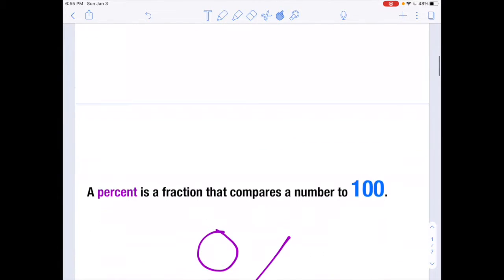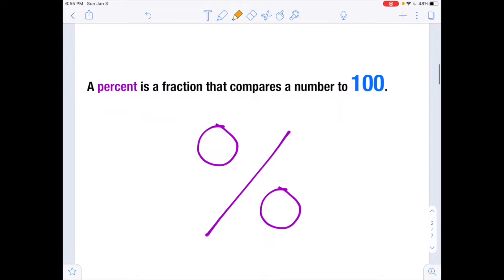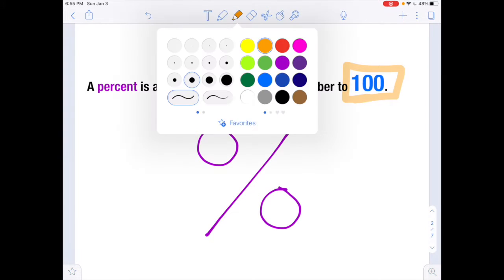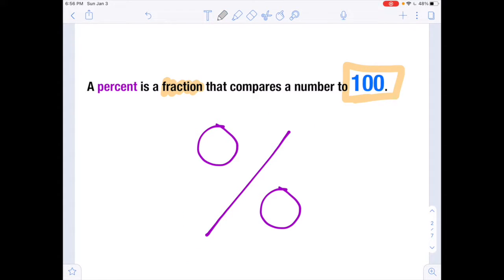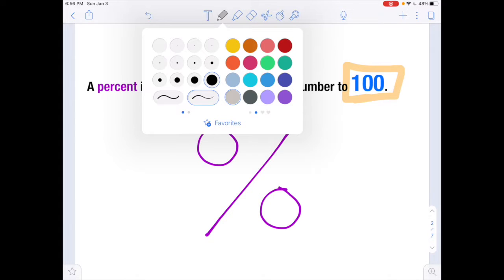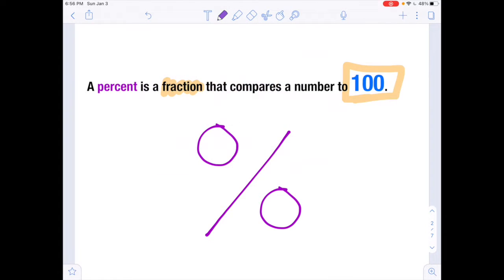All right, so a percent is a fraction that compares a number to 100. So I wrote it in blue here, 100. And you might have seen the percent sign. It's here, it's this big purple thing that I wrote. This is the percent sign. You can make it on your keyboard if you hold down the Shift key and the 5 button at the same time. Oftentimes we see percents after numbers. We wouldn't normally just see it hanging out by itself that big, but you might see something like 50%, or you might see something like 80%,